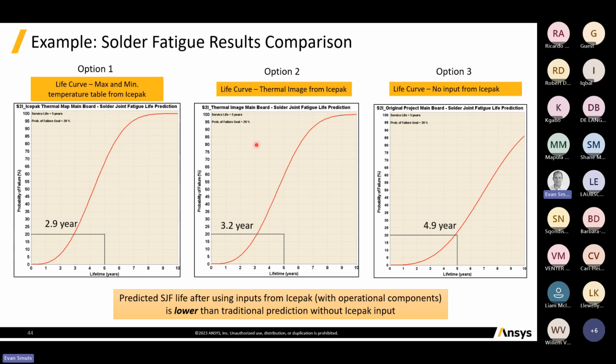Then the middle option is if we look at what happens if we actually do a thermal map of those contours like we did on the previous slide. In this case here, we can actually extend the lifetime to 3.2 years. So by adding that realistic temperature profile, we're getting a better prediction. In this case, we're still failing. We're not quite meeting our 5 years, but at least we're getting slightly better performance by making a better